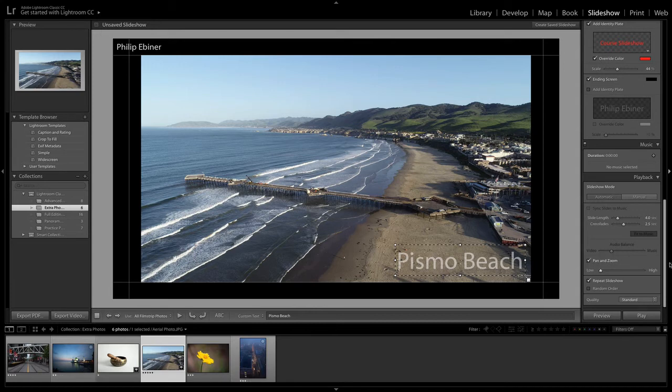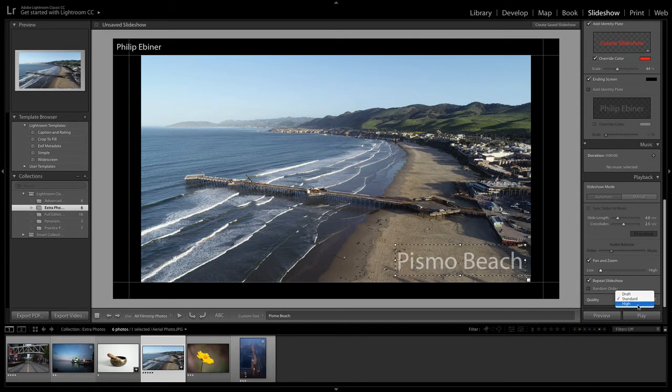So this is going to do that sort of Ken Burns zoom in and out effect while the slideshow is playing. You can have it repeat the slideshow if you want to present this on a screen or just have it up going. You can just have it on, and then when you press play, it's going to just play over and over and over. You can also have a randomized order. So for example, again, if you're doing a slideshow where you're not really presenting it, but it's just playing in the background at a party or something, you might want it to be random order.